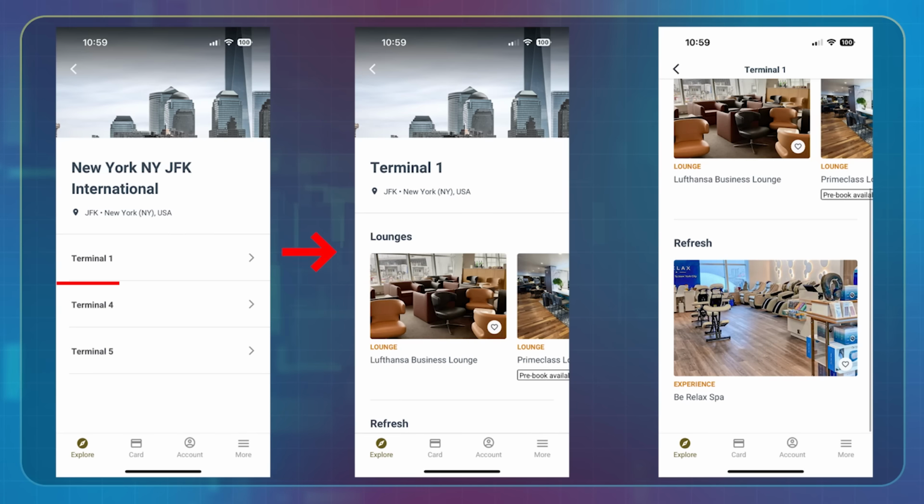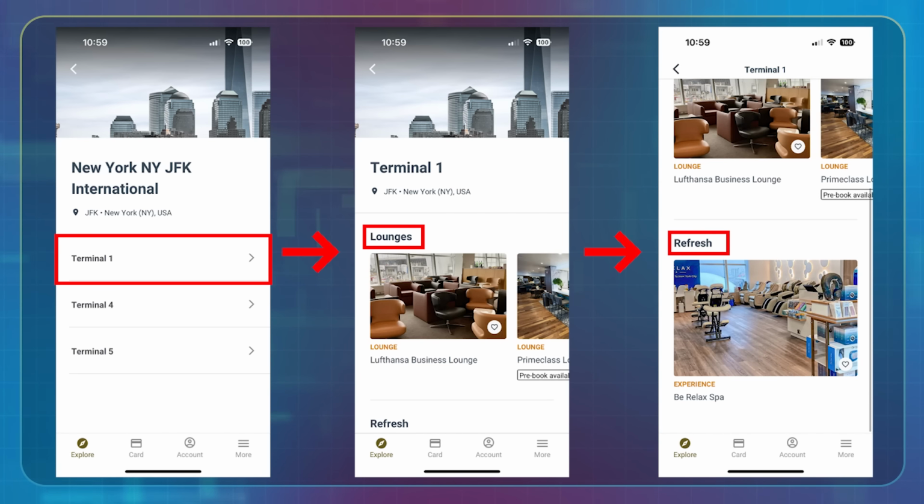Fortunately, I had the Ritz-Carlton card, which as of right now should be the same level of access as the Sapphire Reserve. So let's check it out. Doing a fresh login with my Chase-specific credentials, we see 3 available terminals. So Terminal 1 has the lounges that we've seen for a while now, as well as the Refresh category for these